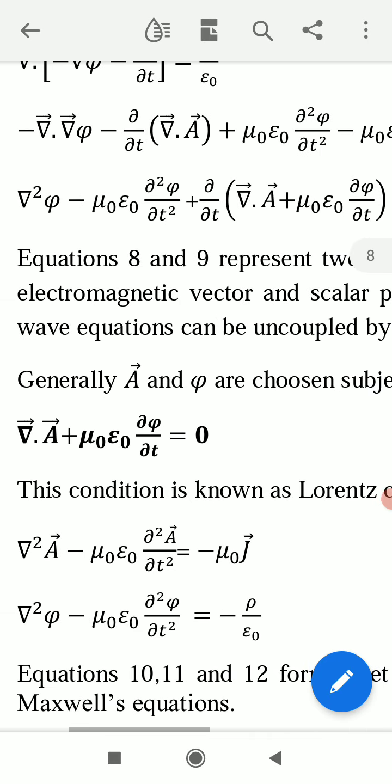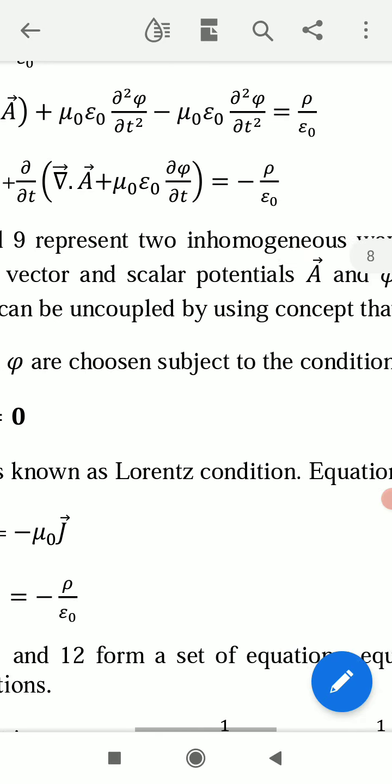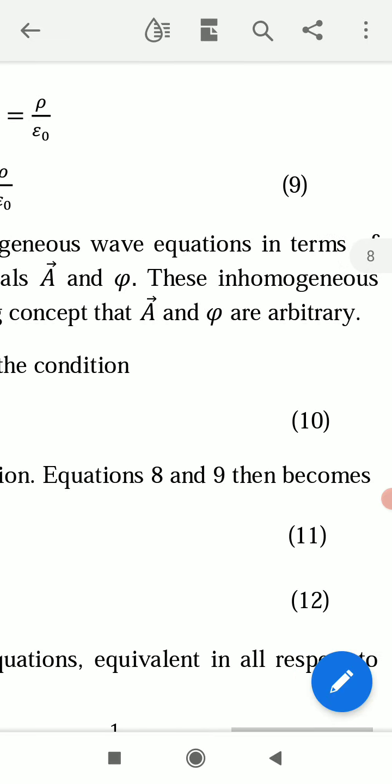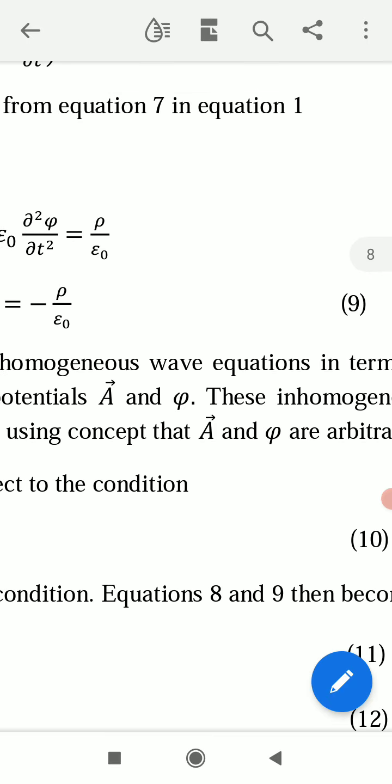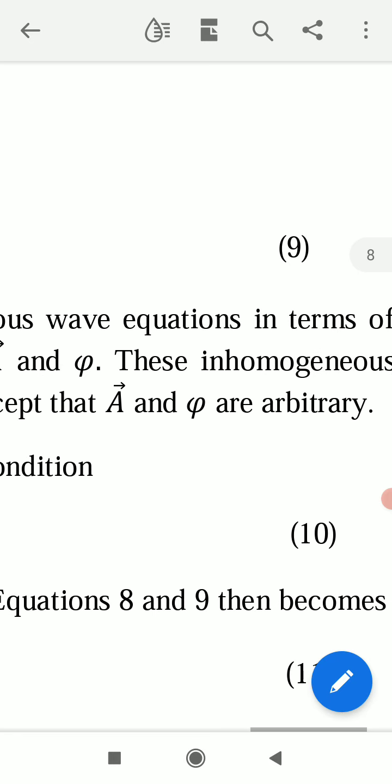These inhomogeneous wave equations can be uncoupled by using the concept that A vector and phi are arbitrary. We have defined vector potential A and scalar potential phi. These are arbitrary,